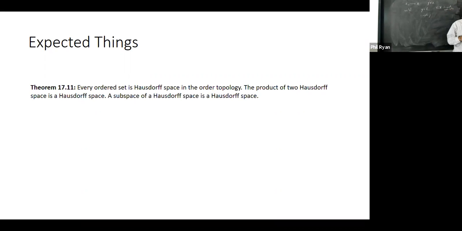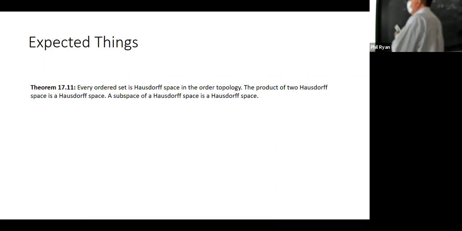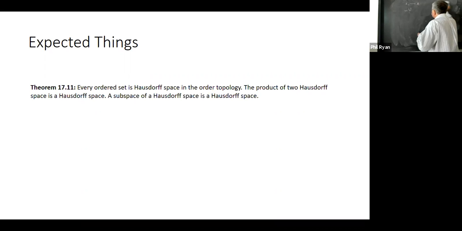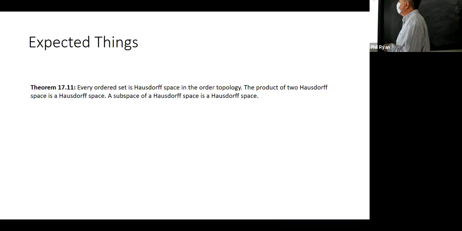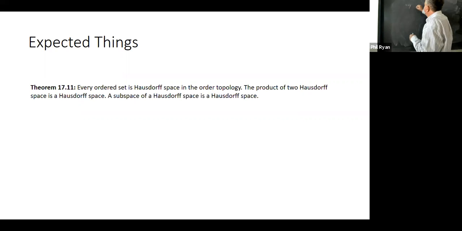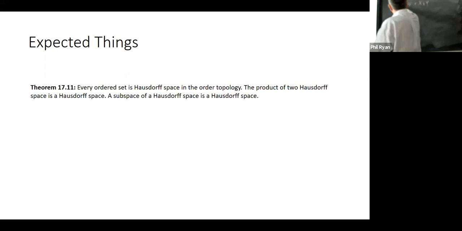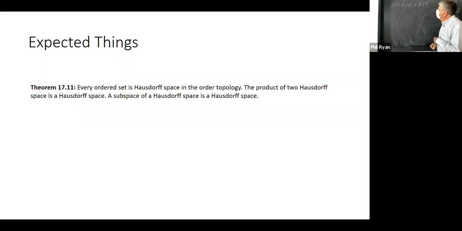Oh, okay. So the last thing that I wanted to talk about with Hausdorff spaces is that a product of Hausdorff spaces is Hausdorff, and a subspace of a Hausdorff space is Hausdorff, and that works pretty trivially, right? Because if x cross y is an element of a product of Hausdorff spaces, then what have we got? So if we've got x cross y and a cross b not equal to it, then